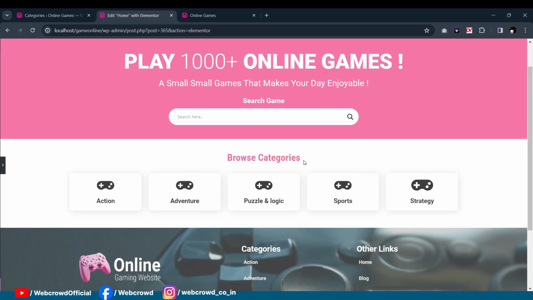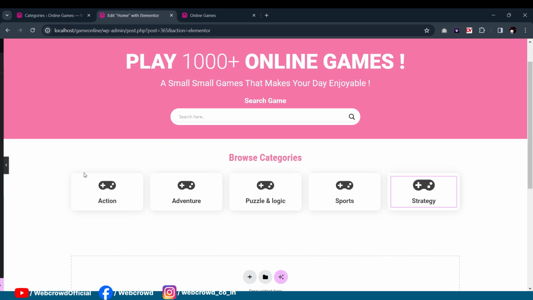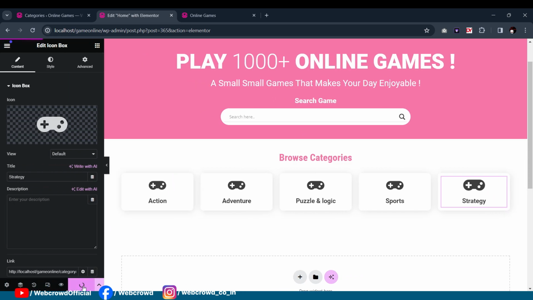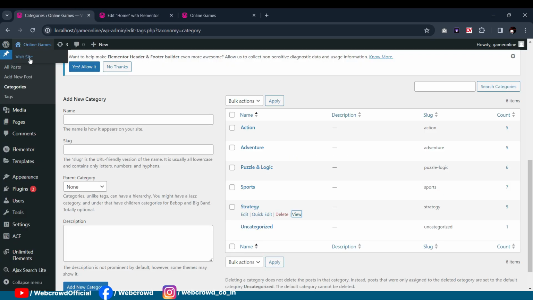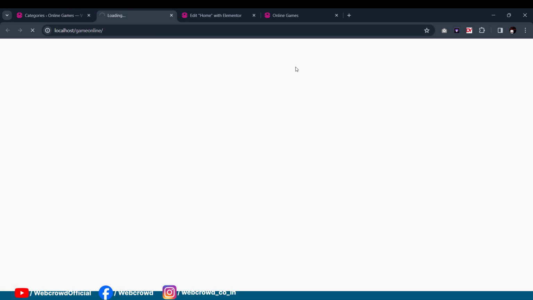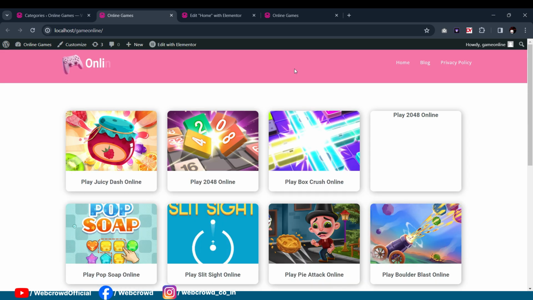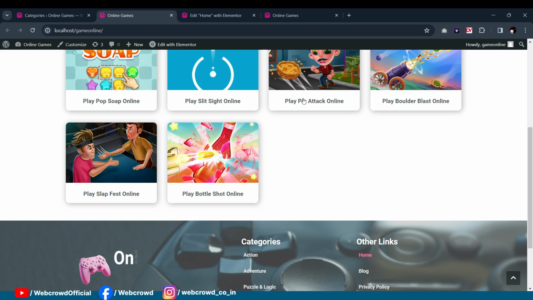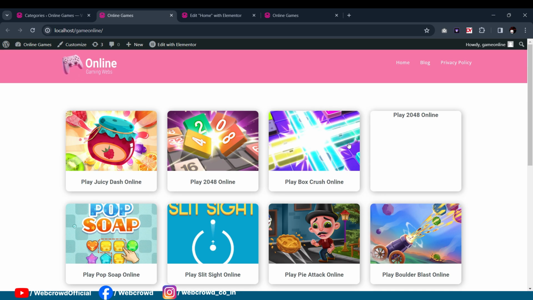Okay, so we have created our 5 category cards inside this category section. Now update this home page and let's preview how it looks. Okay, so you will see some posts that I have designed in this website, because we haven't set the static